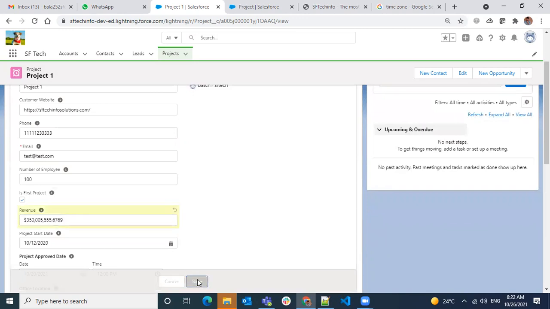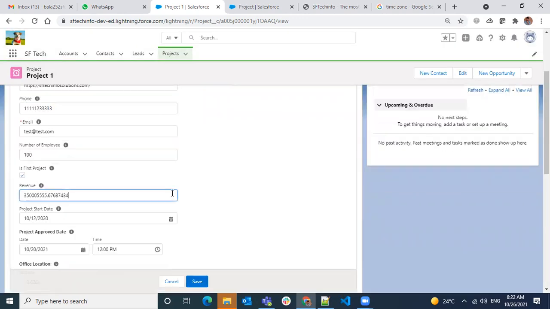Again, what is here? Saving. And how much space does it have? It is storing only up to those values. So we have a total of 18 digits of size for currency or a number, and a decimal place of 4. What it does is round off to the decimal places, even if you enter more.